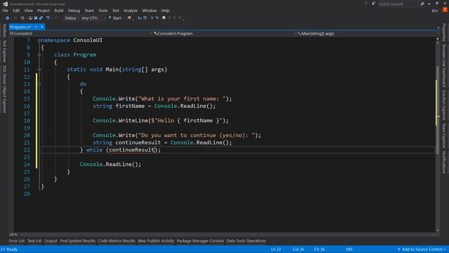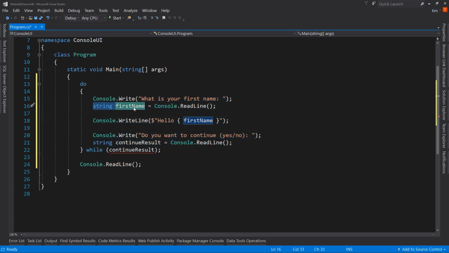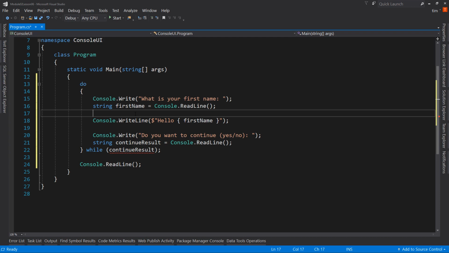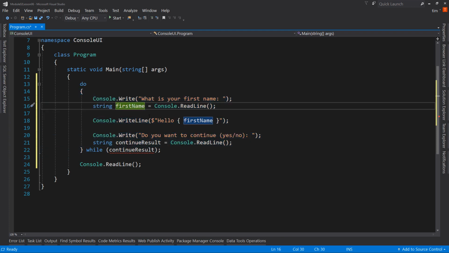So we talked a little bit before about scope. I want to refresh your memory a little bit. What gets created inside curly braces lives only inside curly braces. So if I create this string first name, it's only available inside these curly braces, not inside these. That's called scope. The scope is just these inner curly braces, or one time through the do loop. So when I create string continue result,